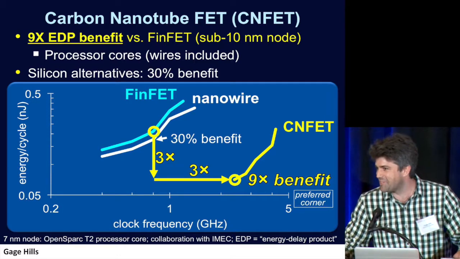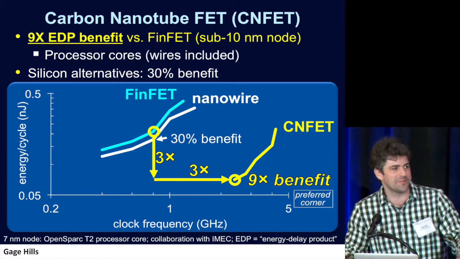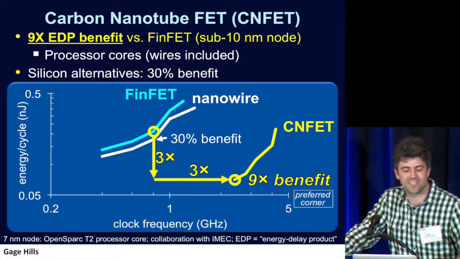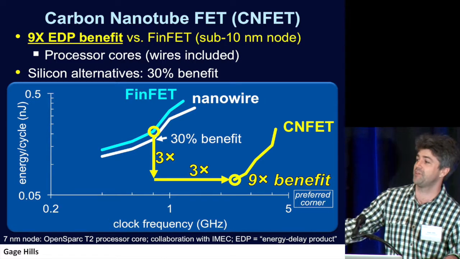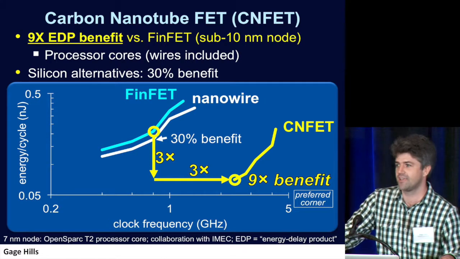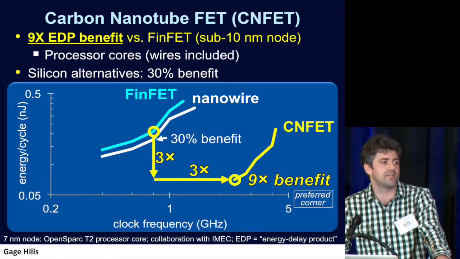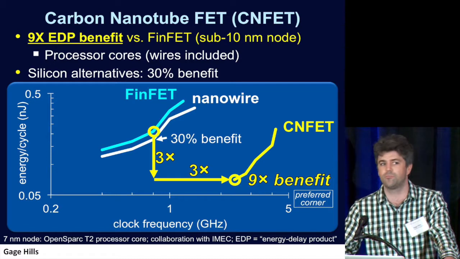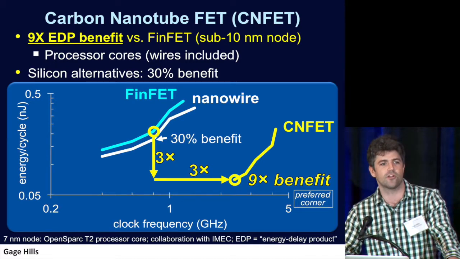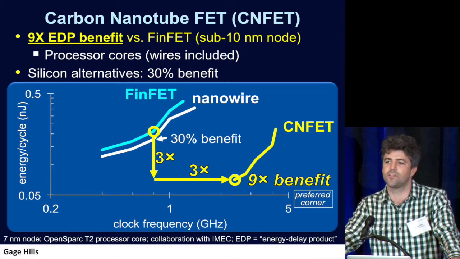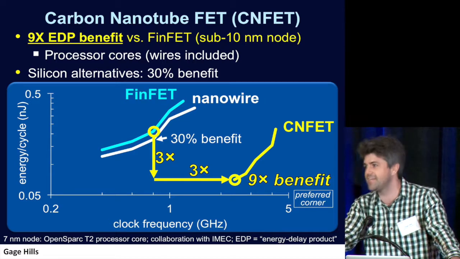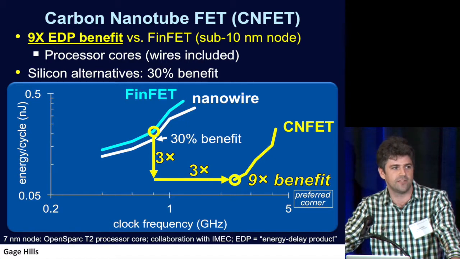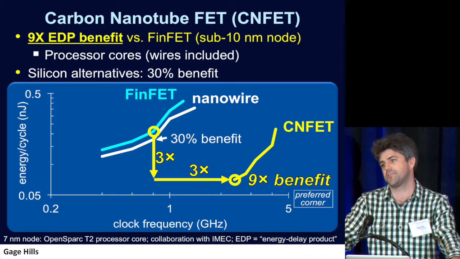All right, today I'm very excited to tell you about the benefits of using carbon nanotubes for very large-scale integrated digital circuits. I'd also like to thank our collaborators at IMEC, who we've been very fortunate to work with on this project. And what we showed is that using all of IMEC's process design kits for sub-10 nanometer technology nodes, if you replace all the silicon FinFETs with carbon nanotube FETs, your circuits will run 3 times faster while simultaneously consuming 3 times less energy, resulting in an order of magnitude improvement in energy efficiency for VLSI circuits.